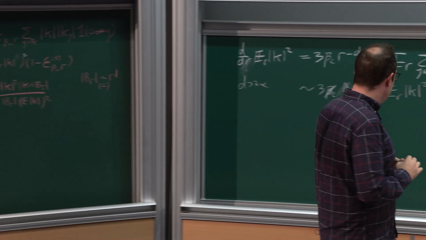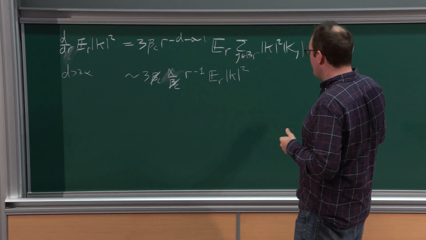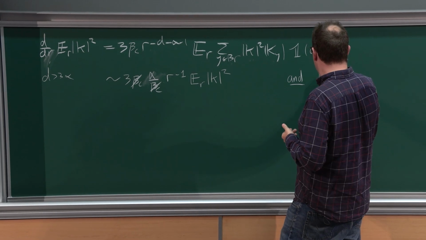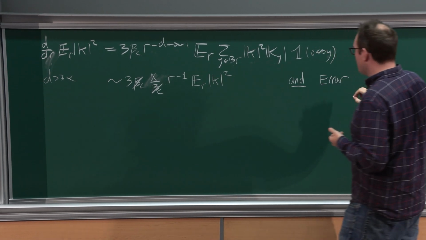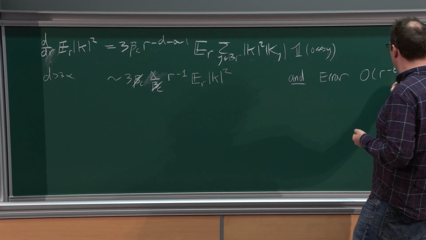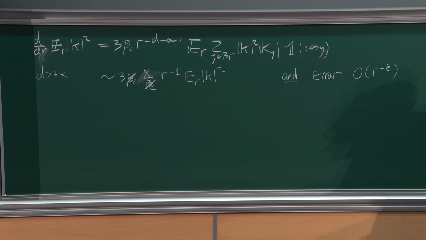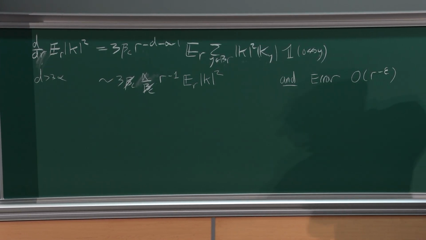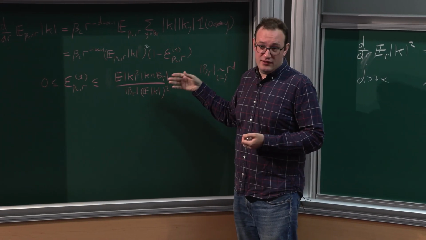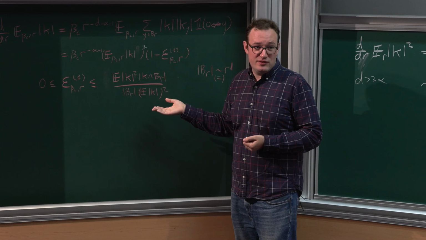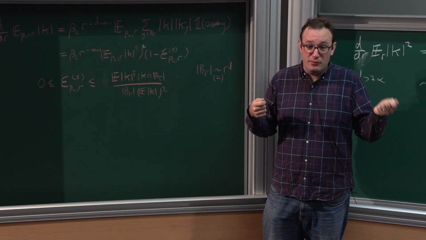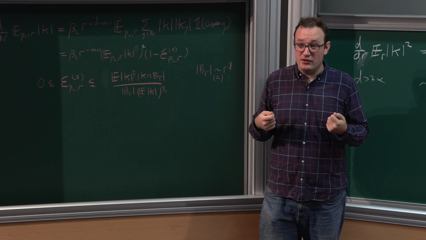Okay? In fact, not only is this the case, but also the error satisfies some power type bound in R, right? Because basically, you have some powers of R in the numerator, you have some powers of R in the denominator, and you can check the error is small just because the power in the numerator is strictly smaller than the power in the denominator.